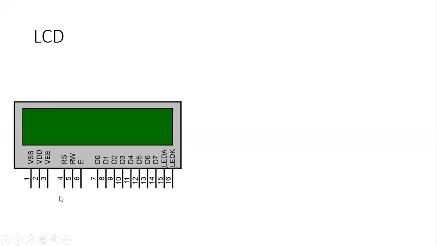Very importantly, you have to know which are the data pins, and the RS, RW, and E pins, where E is called the enable pin. There are two registers in the LCD, called the data register and the command register. By using RS, we can select the particular register, and by using RW, we can read a value from the LCD and also write a value into the LCD. So these are the data pins.